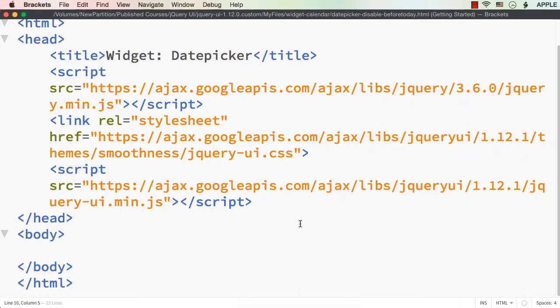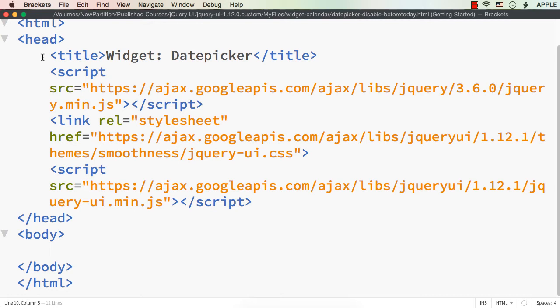In this video, let me show you how to disable the dates before the current day in jQuery UI's Date Picker widget. If you are developing an online appointment system, the user should not be able to select a date before the current day. That is, on which date the person is trying to book an appointment, the dates before that day should not be selectable. So let us see how we can make the dates before the current day or today non-selectable.